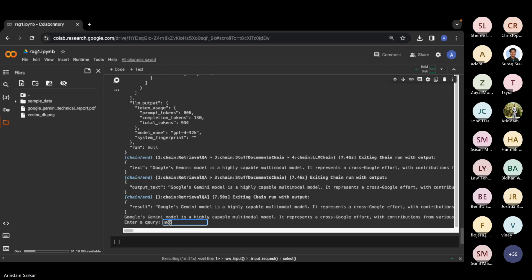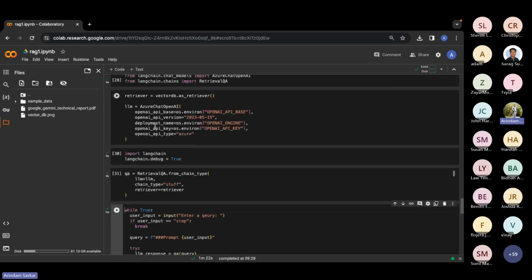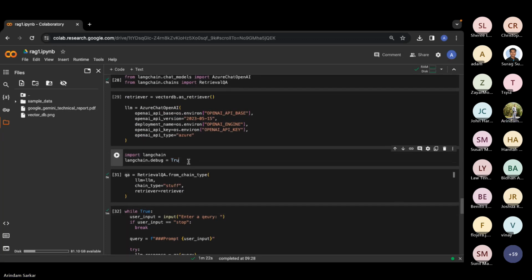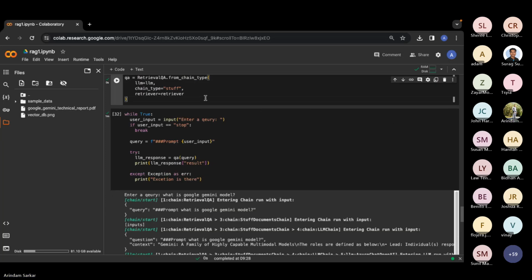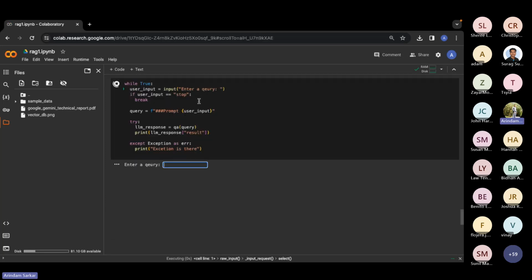But if I just turn off this debug mode, then all that information will not be there.